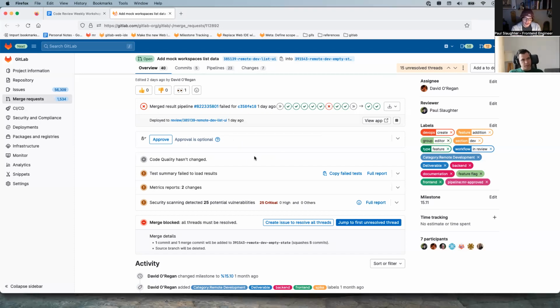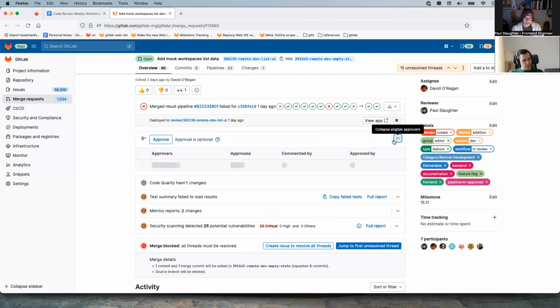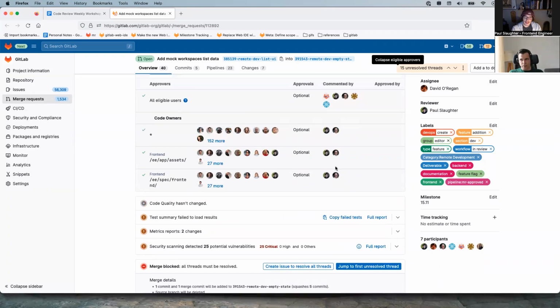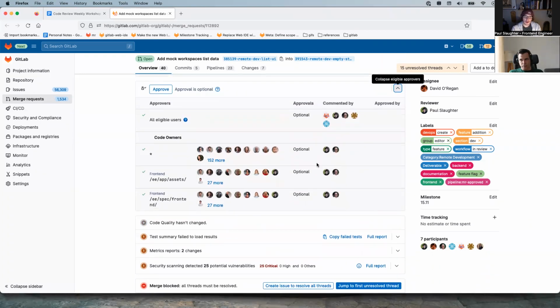And so that's really up to the front-end maintainer to distinguish that. What I'll do is look at the commented by to see, because most likely whoever's approved has left a comment. If I see this hasn't even been commented by a code owner for Ruby files, then it's very unlikely it was approved.